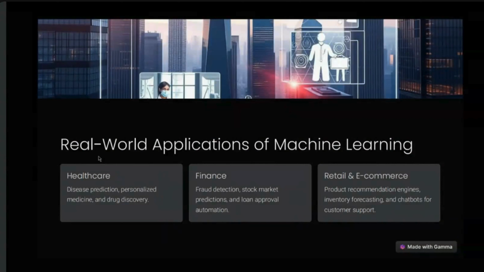Yes, sir. So in COVID time, 50 people were dying daily. Like in one day, 50 people. So if the virus increases, then we predict, today is 50, tomorrow it is sure 75 people will die. Like that we do prediction on that disease. Okay, personalized medicine and drug discovery.